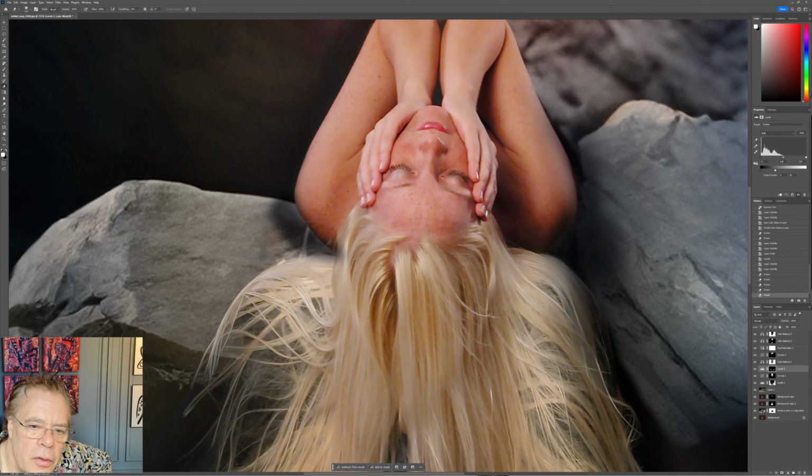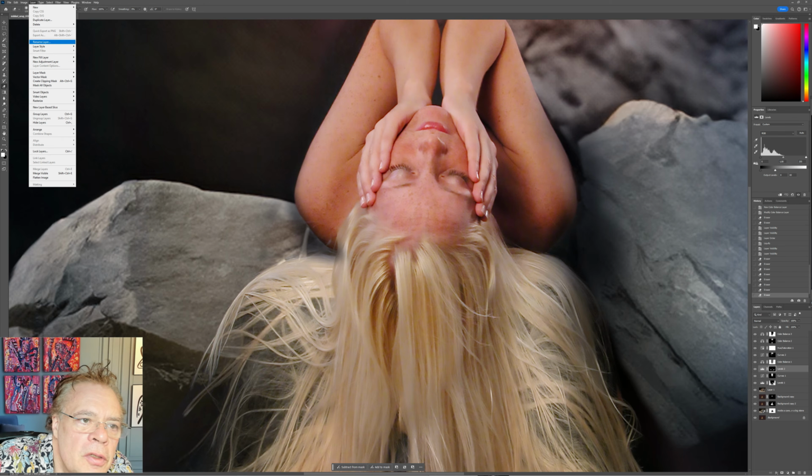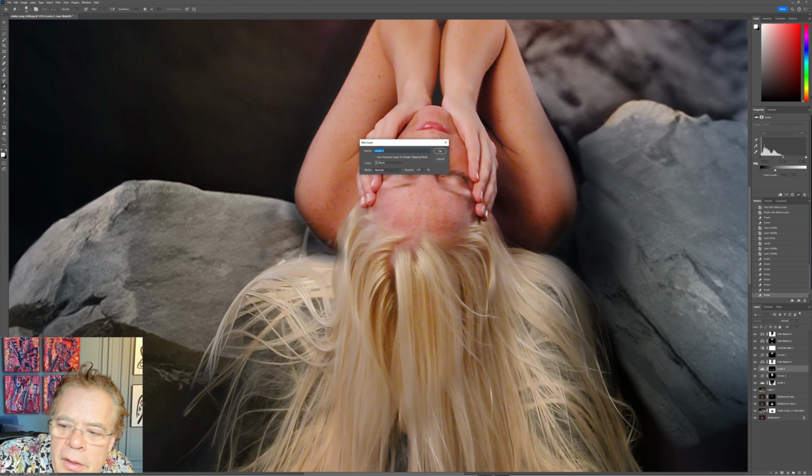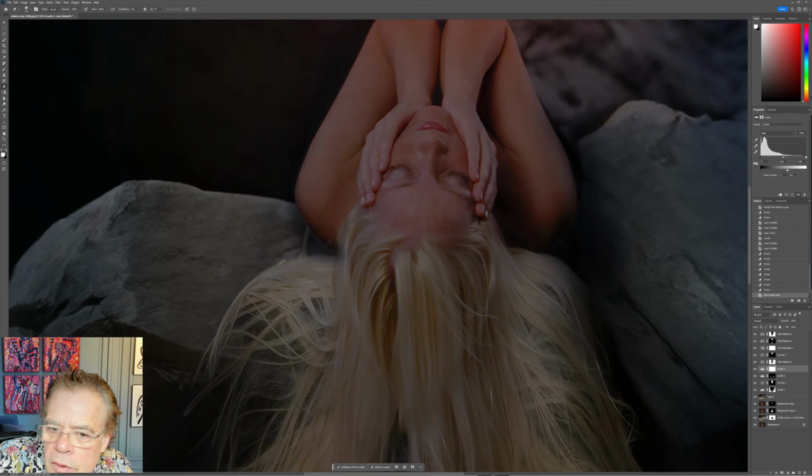Her hair is gonna go free of this shade. So a shade would be much darker where her shoulder is actually going onto the stone. So I need to have a brush where that is made. So I'm just gonna make